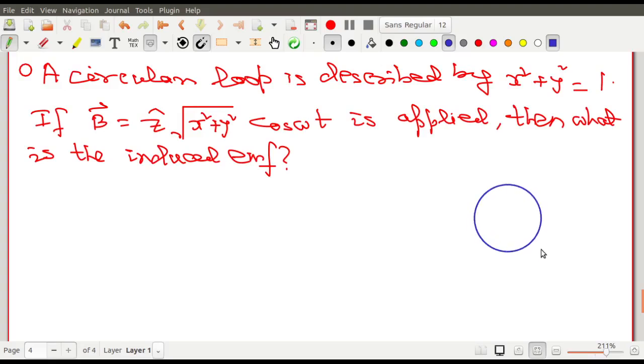Fine. Now over here, what you need to know first is the elementary surface area of this type of loop. What is the ds of this particular loop? If this one is my ds over here, you see that if this is r, and if this angle is d theta, then definitely this one is r d theta. Arc equals angle into radius. This one is r d theta. So here your ds will be